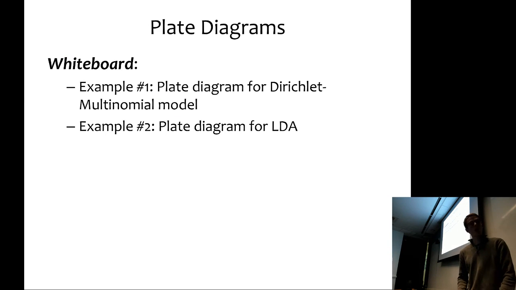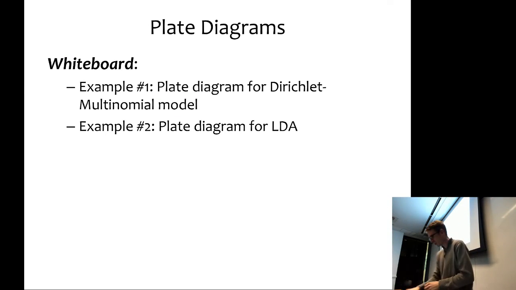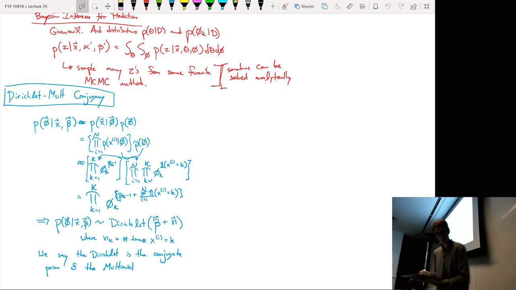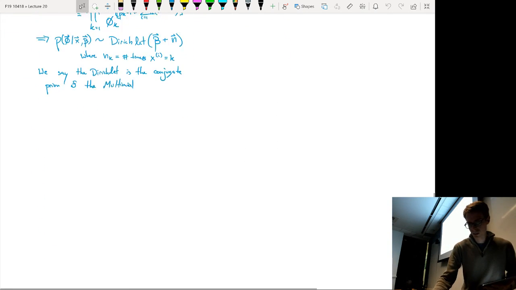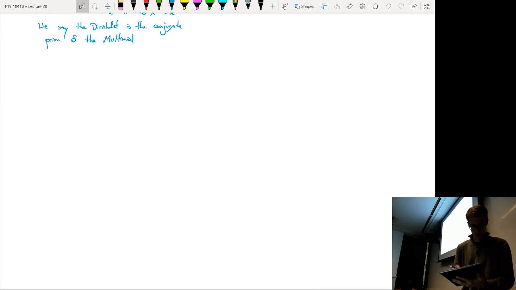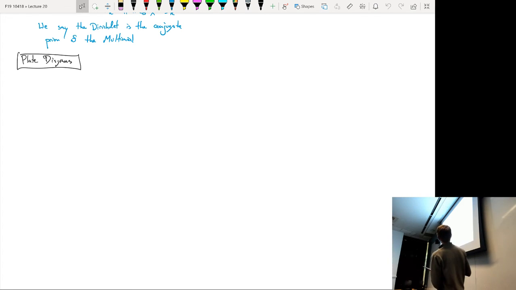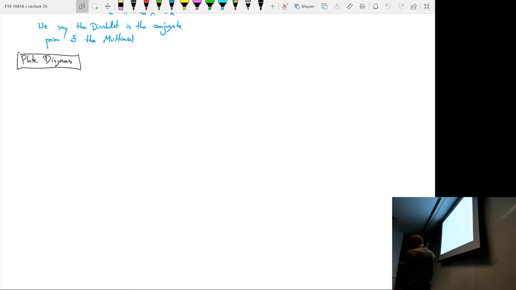Okay, so in order to summarize what's going on here, we need one more new concept, which is that of a plate diagram. So a plate diagram is just kind of a convenient way of writing down a graphical model. So for the Dirichlet multinomial,